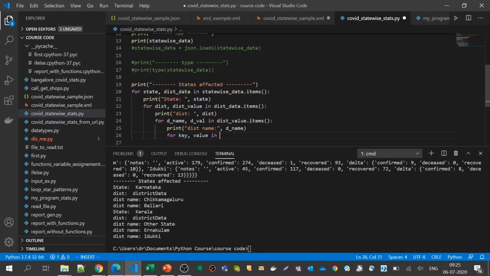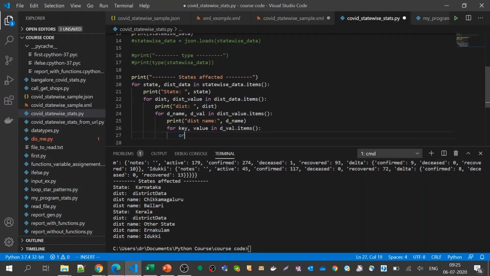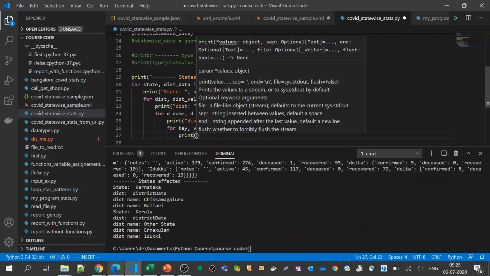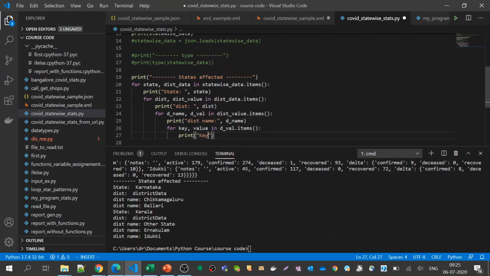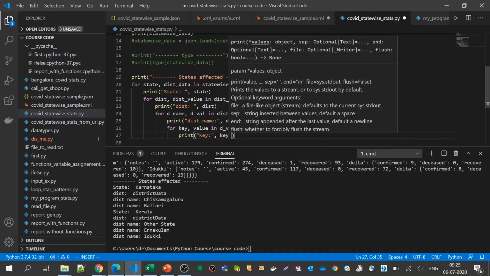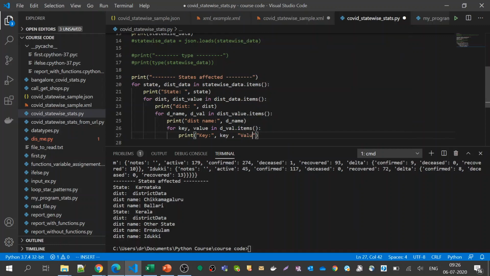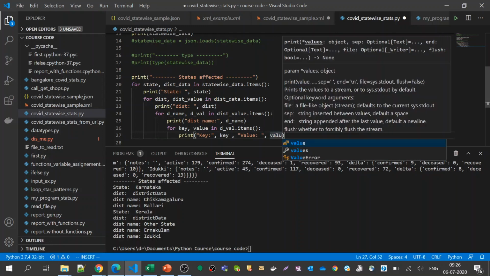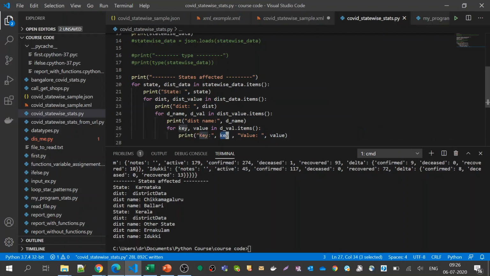I am looping through d_val.items(), and then what I'm trying to do is print key is key, and value is value. This is just a string to print here, and this is the variable name. Okay, so let us see how it looks now.